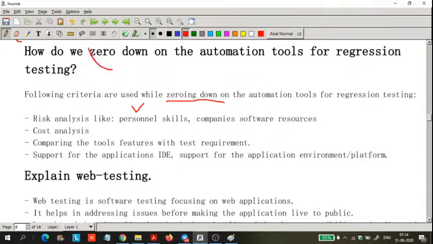Zero down means to reduce the cost of the testing process. So compare the tool's features with the test requirements, support for the applications like the IDE, and support for the application environment. As you can see, the automation tools, like software testing automation tools,